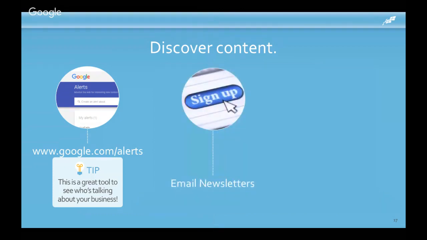Email newsletters are a fantastic way to find great content. You probably have connections or are connected with other experts in your industry. And there's a good chance, especially if that organization is good about their marketing, that they have an email newsletter that they use to send out tips, tricks, handy tidbits, or information.